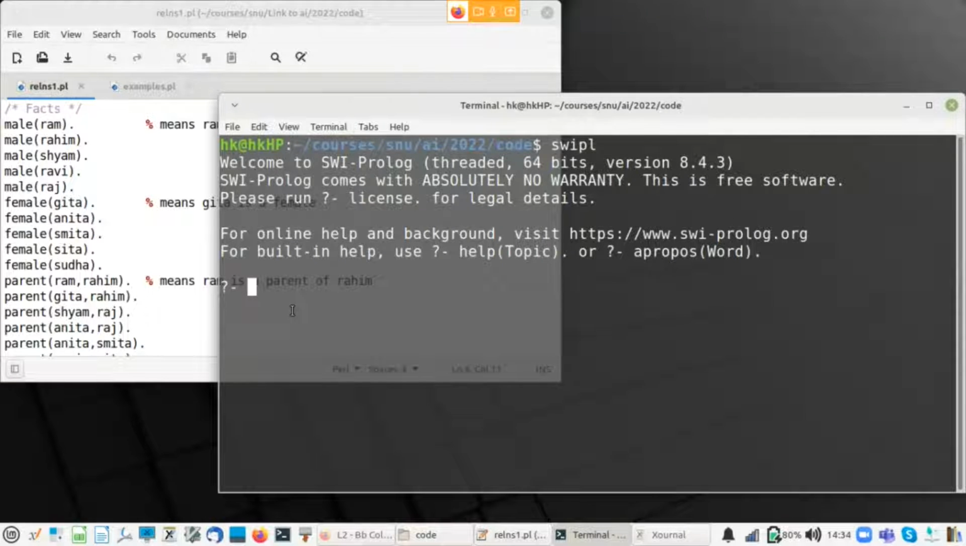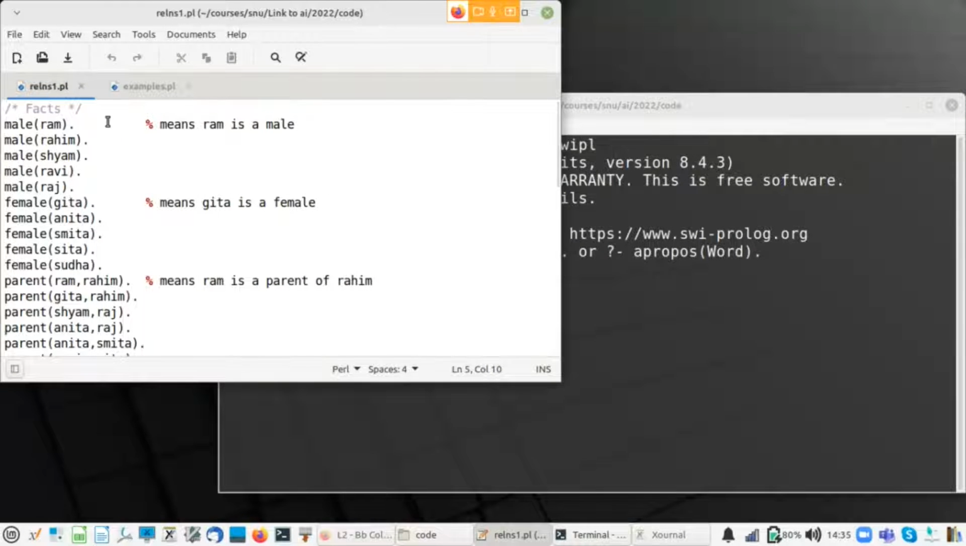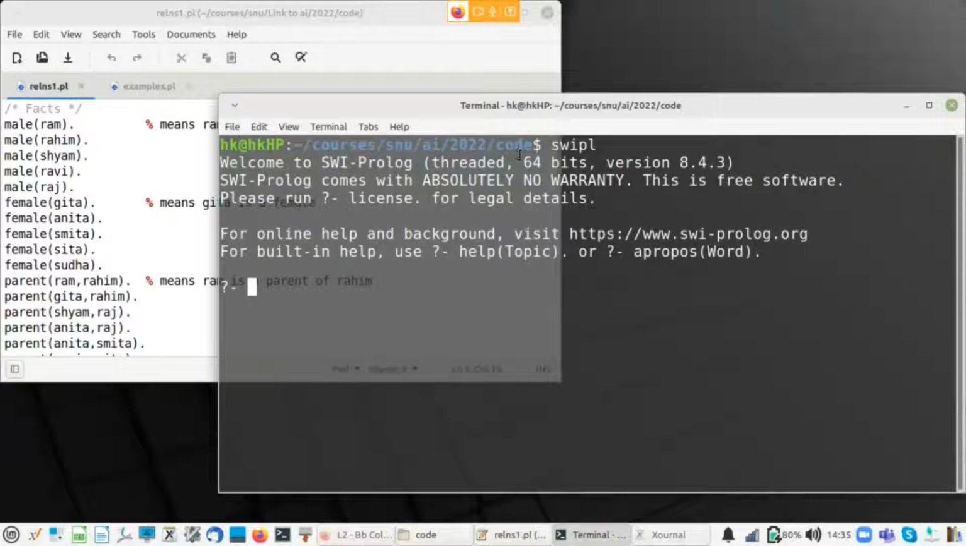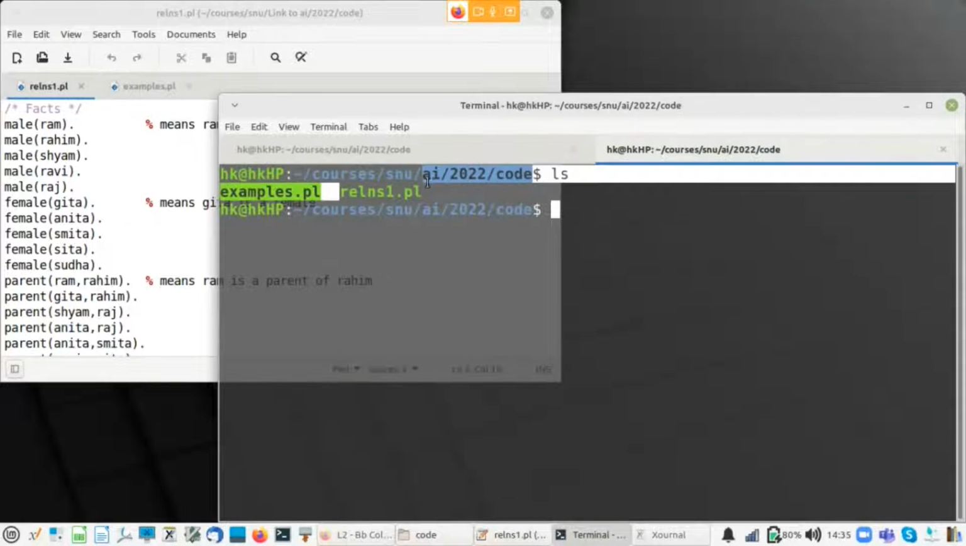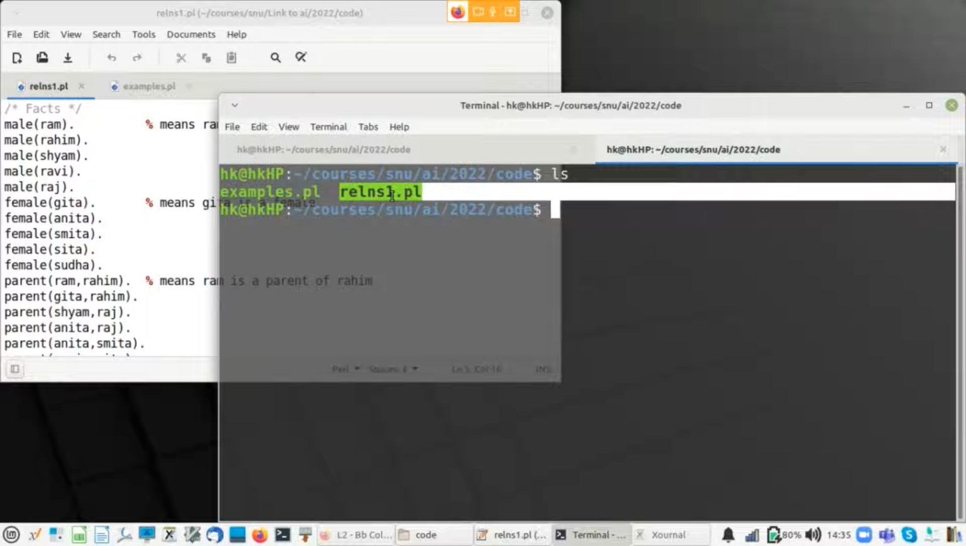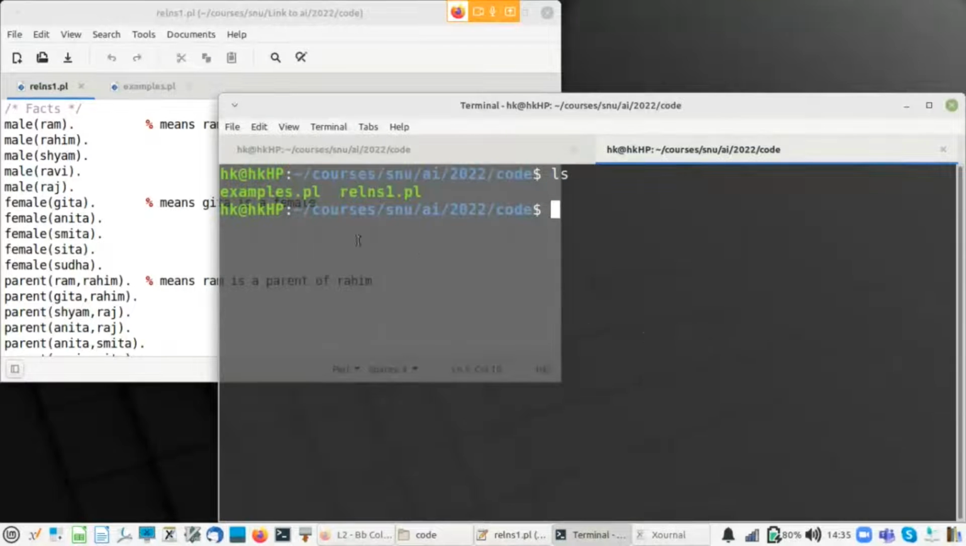Okay? So first I'm going to load this program which is called relations. So here is the file relations1.pl. The current directory is where I've stored this file. You can see that, for example, if I do ls, I have this file called relations1.pl. So now I will read this program into my